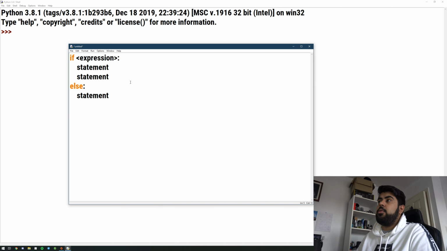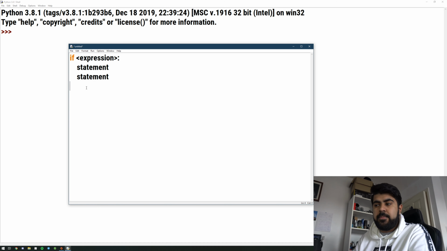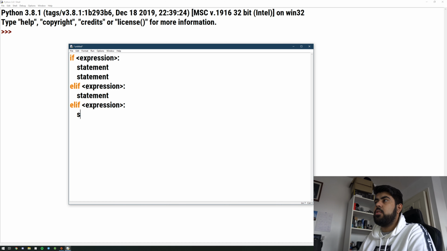On top of that, you have else if. So the way that works is you run first an if the number is 0, print 0, else, well, in Python it's elif, which stands for else if, this expression is also true, run this. And then you can have another one, else if this expression is also true, run this. And then finally, if none of the expressions above are true, just run this statement. That's the general gist of how to write a